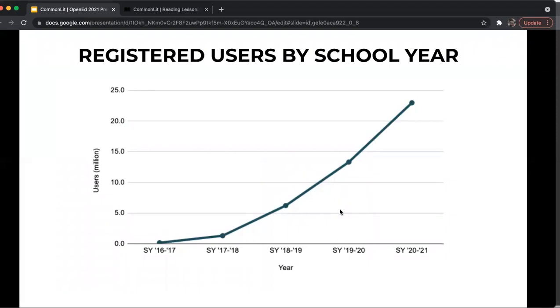Many schools and even states became heavily reliant on OER during the pandemic because they had to quickly come up with a solution for hybrid learning. At CommonLit, we had hundreds of schools and even states reaching out to us to help them come up with flexibly licensed resources that could be printed off and distributed or assigned digitally for free. Before the pandemic, we were serving around 10 million users, but since the pandemic, we have doubled to over 22 million.